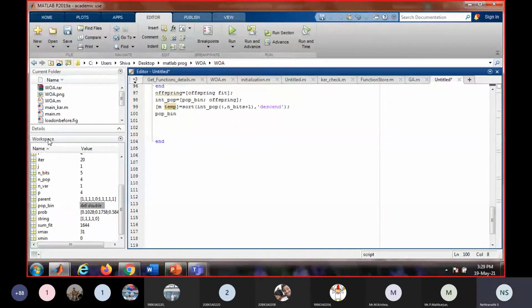Create a null matrix so that we can put the end result into this null matrix in the end. We'll put our solutions in one place: ith row and all the bits.